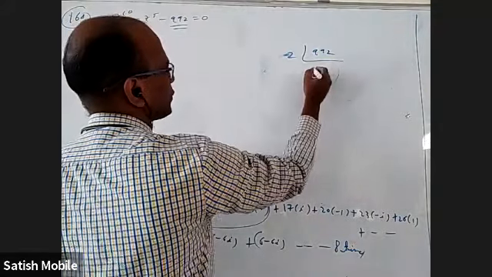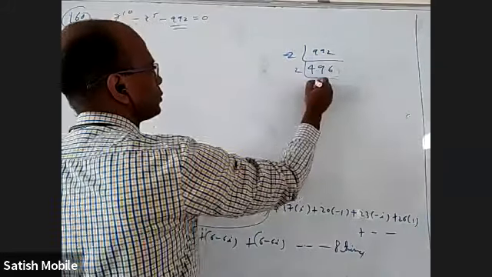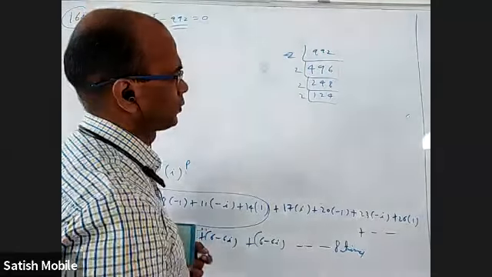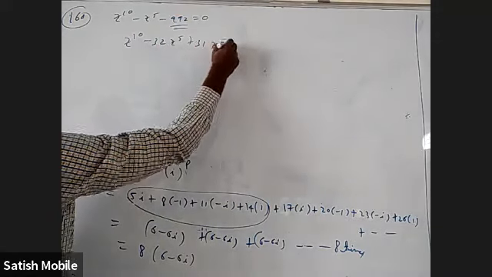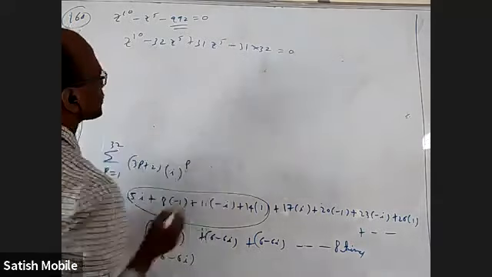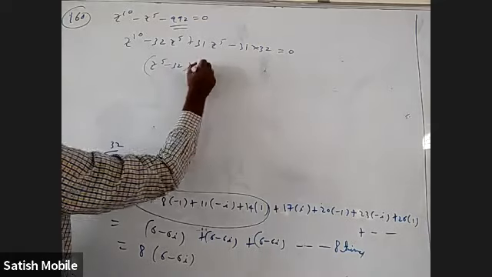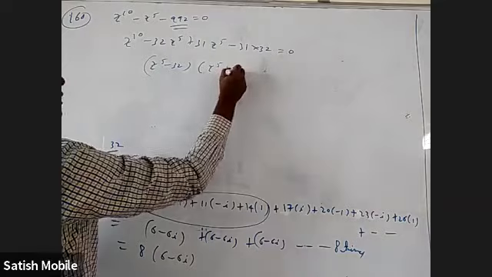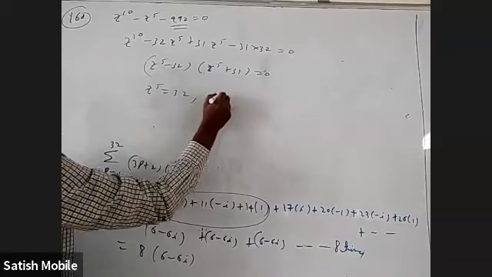992, if I divide by 2, 2 4s are 8, 2 9s are 18, 2 4s are 96. 2 2s are 4, 8. 31 into 32, sir. Which one? 31 into 32. Achha, thank you. So Z power 10 minus 32 Z power 5 plus 31 Z power 5, and this is 31 into 32. Okay, so I can take 31 common. It is actually (Z power 5 minus 32) into (Z power 5 plus 31) equal to 0. Z power 5 is 32 or minus 31.